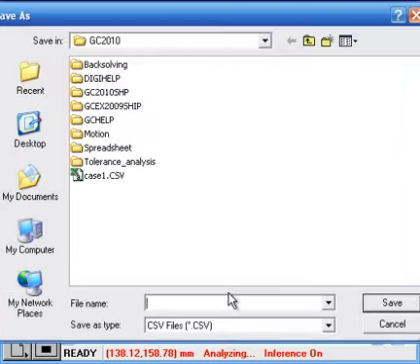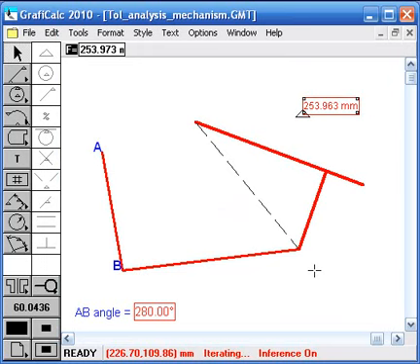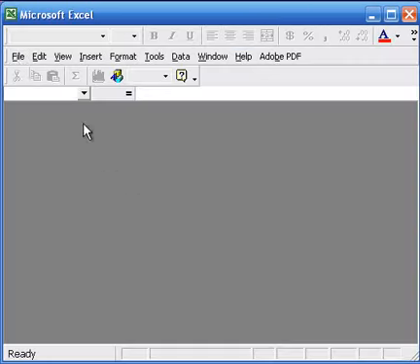So let me just save it as case 2. So like this, I'm saving the results in a CSV format, and then what I can do is I can start Excel, and let me open